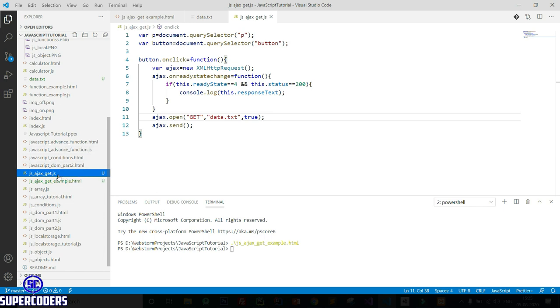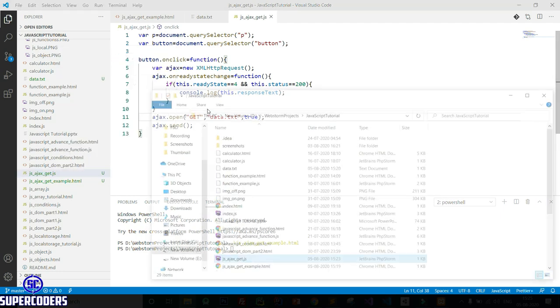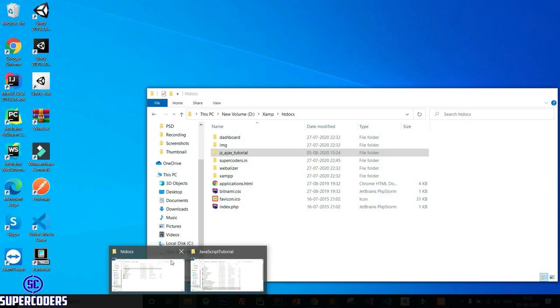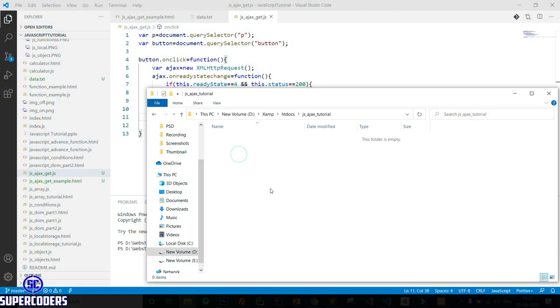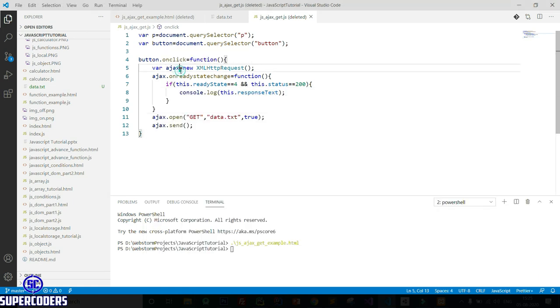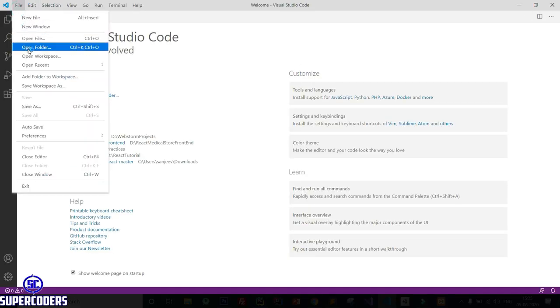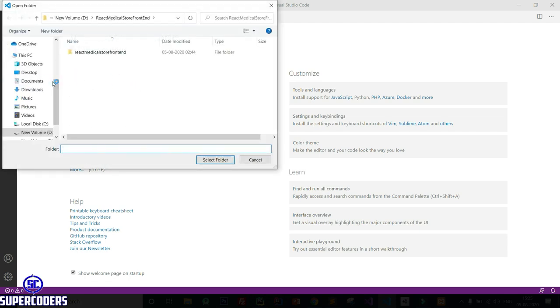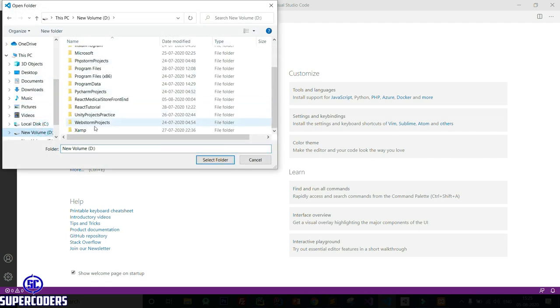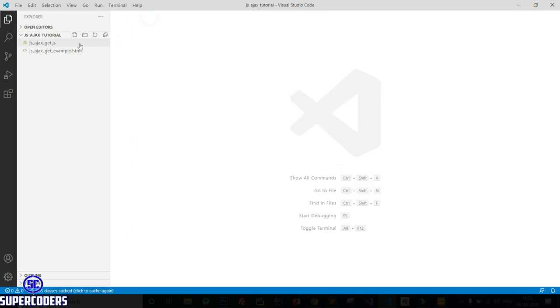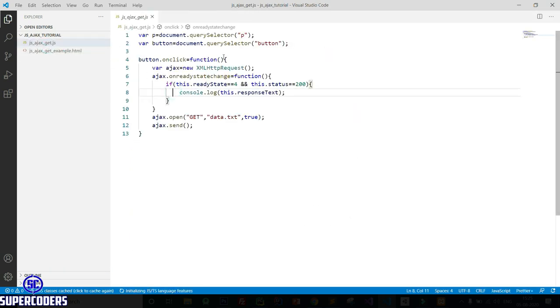So reveal in Explorer, cut this file and paste here. Also close this and open the folder where I pasted the file. Now opening the folder where I pasted my file. So here XAMPP, open it, close it.